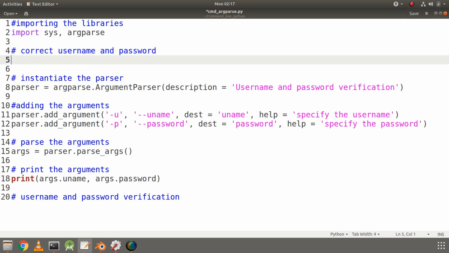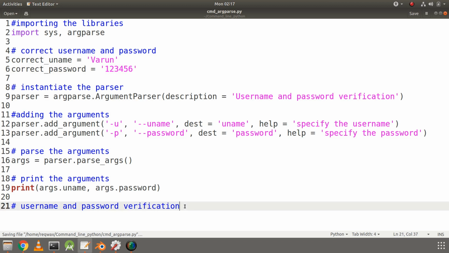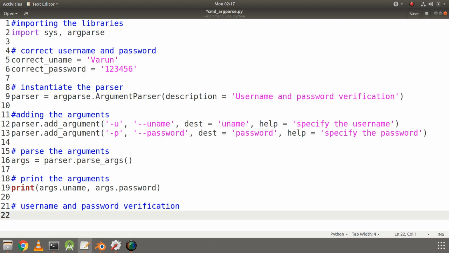Here let's specify the correct username as Varun. So I will specify my name as the correct username, and the correct password let's say is 123456. Now let's go to the second step, that is checking for correct username and password.